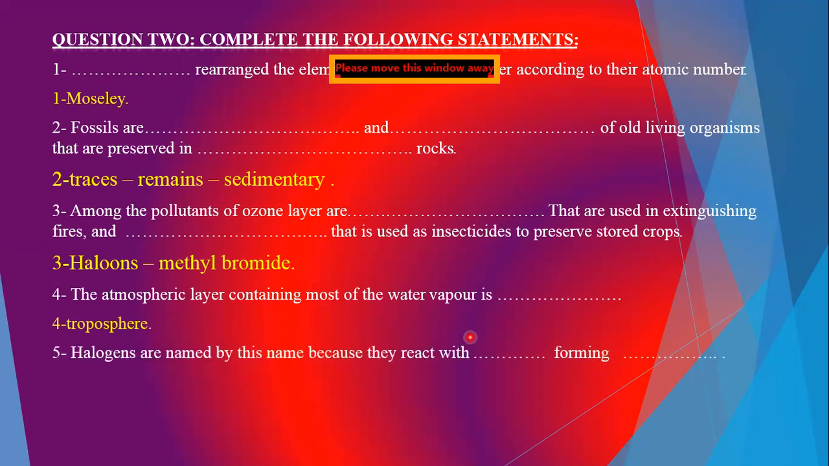Halogens are named by this name because they react with hydrogen forming acids, and react with metals forming salts. عشان كده سميناها halogens which is the Latin name. Number 6